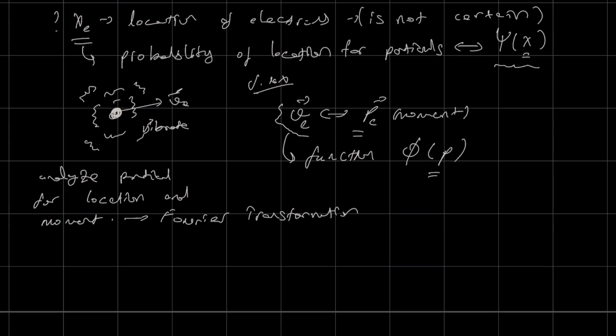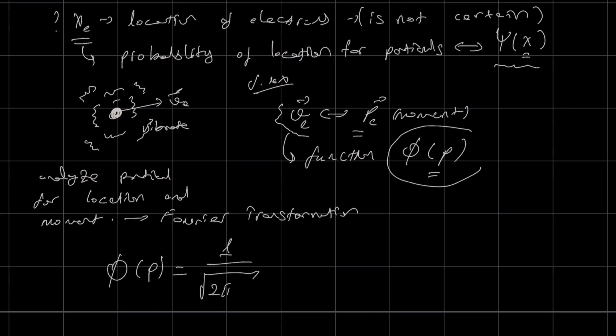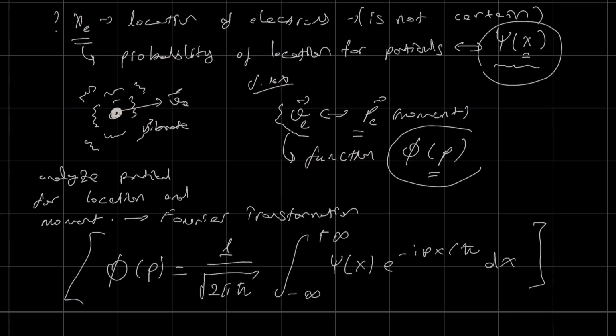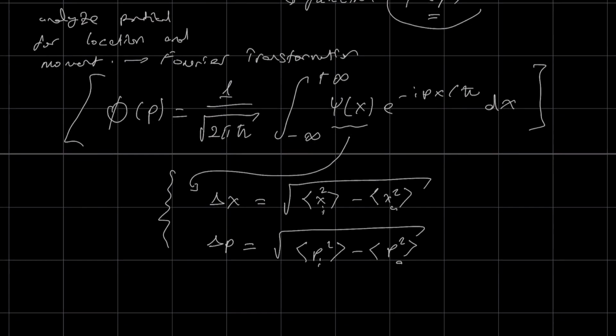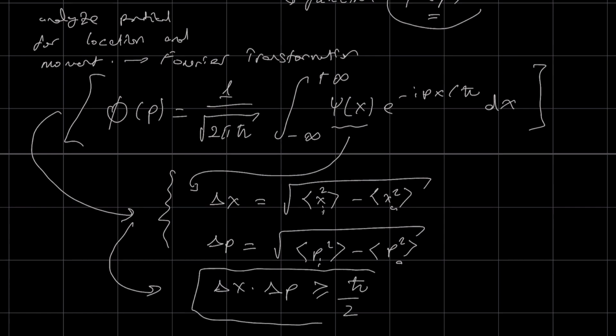If we also represent the momentum as a probability wave function, then the Fourier transform connects the two descriptions. The result is exactly what we reasoned earlier. Position and momentum are linked through the uncertainty principle. The uncertainty principle tells us that the product of the uncertainty in position and the uncertainty in momentum can never be smaller than a fundamental limit. In other words, position and momentum cannot be known with absolute precision at the same time. This is not a limitation of our instruments, but a fundamental property of nature.